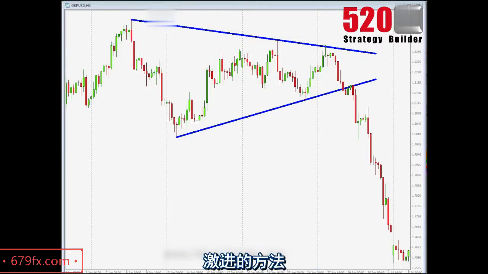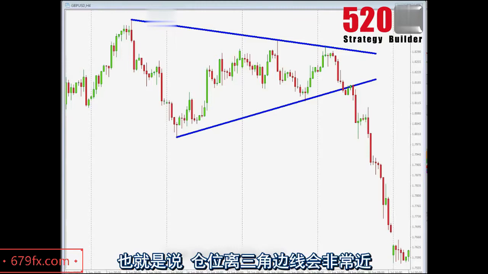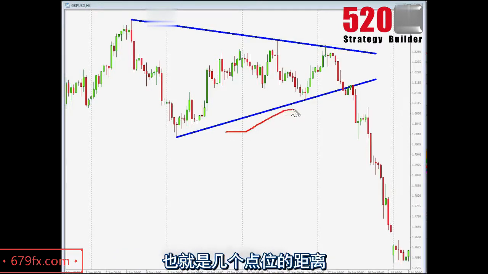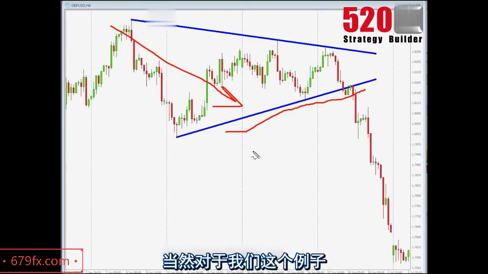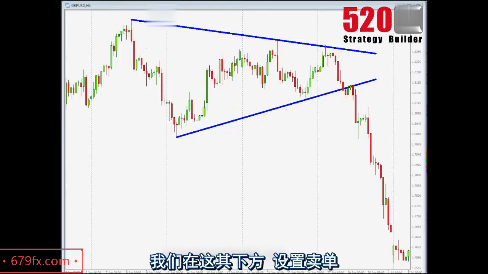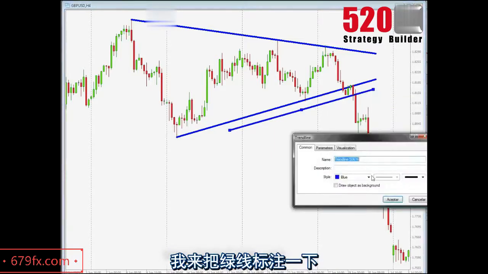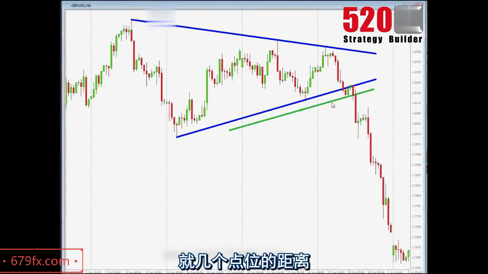The aggressive way is basically triggering upon the initial breakout of the actual range bound area. Okay, that means that we would place a bracket order a few pips beyond the boundaries of the triangle. In this case, only the lower end of the triangle, as we are only trading in the direction of the main trend. We would basically place a sell stop order, which I am marking right now, let's say in green. In our broker we would place